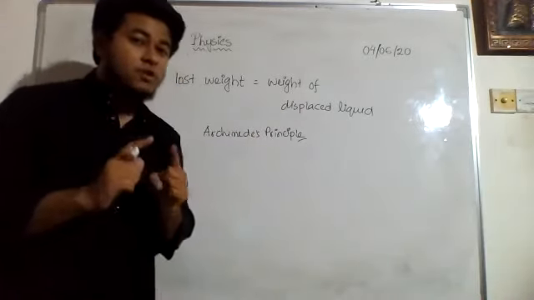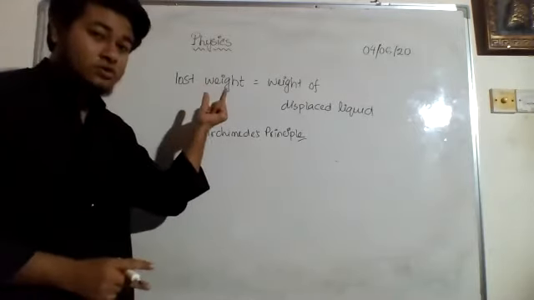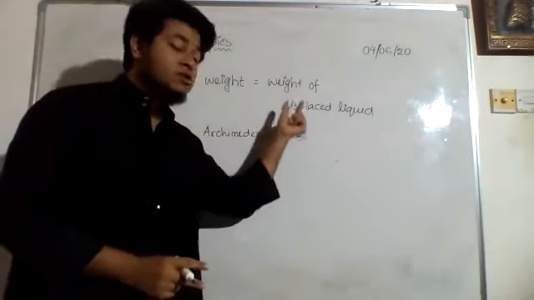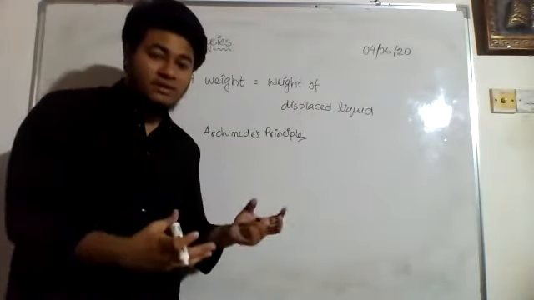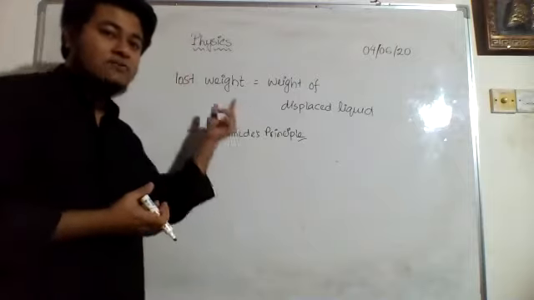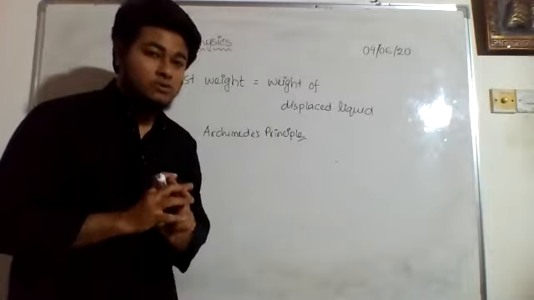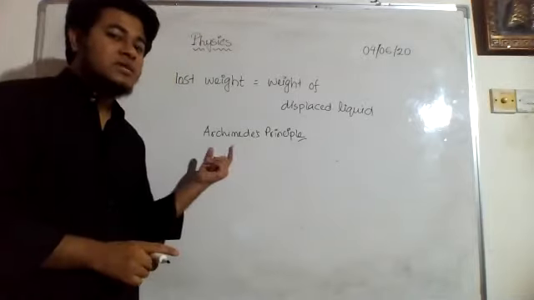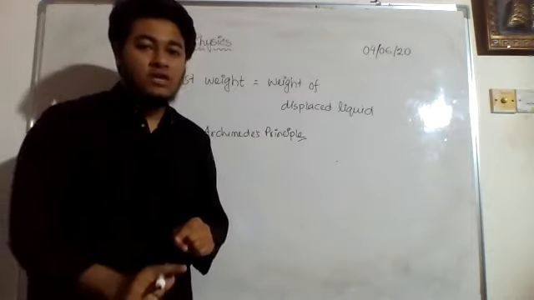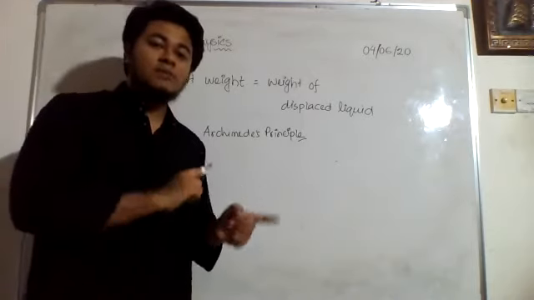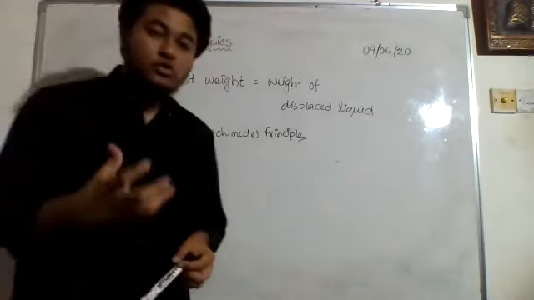So from the stem, we should be looking for two pieces of information: what is the weight lost of the object, and what is the weight of the displaced liquid? If these two are not directly given, then we have to calculate these two quantities and compare whether they are equal to each other or not. If they are equal, we can say yes, the stem follows the Archimedes principle. But if they are not equal, then the stem does not follow the Archimedes principle. Let me give you an example through a creative.